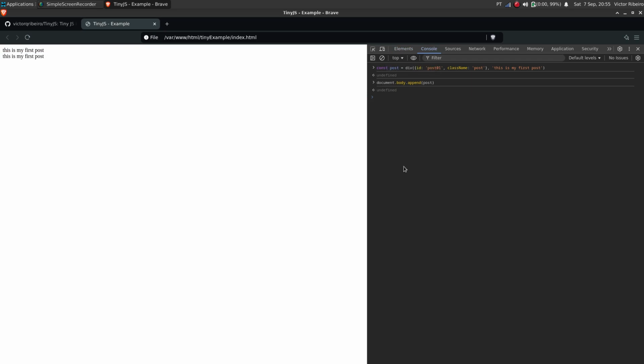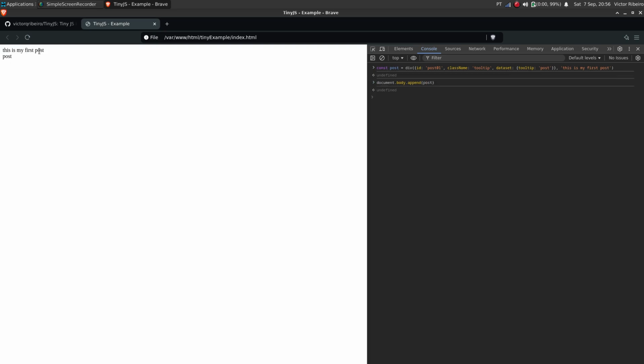And the cool thing about TinyJS is this ability to pass props to the element, you can just pass nested props. This is useful for doing this, for instance. Okay, so let's create a post again, and instead of className posts, let's pass className tooltip. This is my first post, and I also want to define a dataset, which is another object, so nested objects. So this one, it's gonna be tooltip post, and if I just append that,